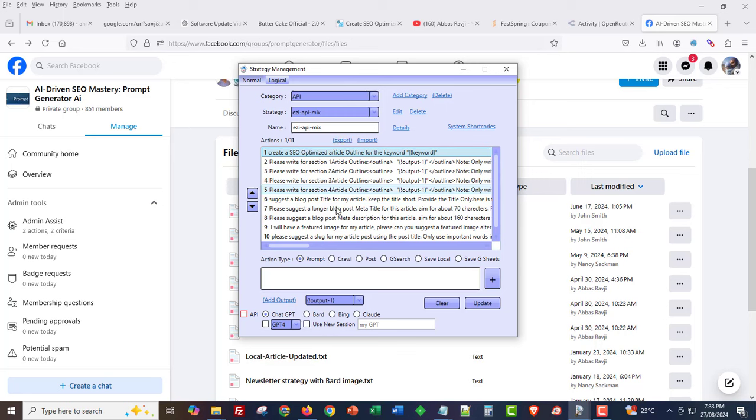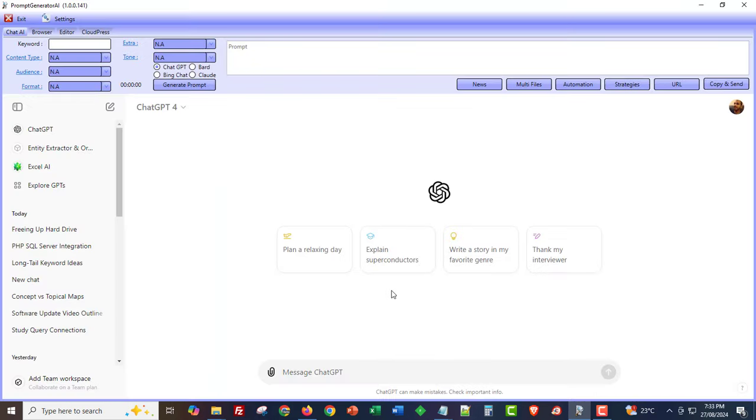Okay, and this is really cool because you're now able to have multiple strategies or multiple prompts inside of a strategy and have them work with different AI engines. So I think I've actually got this all to work with Gemini Flash 1.5, and I'll show you a quick understanding of how